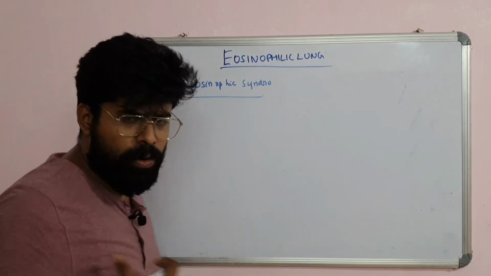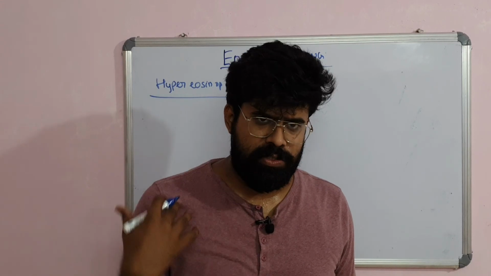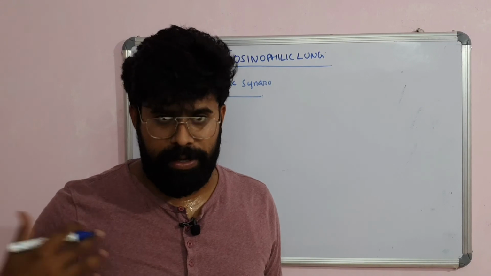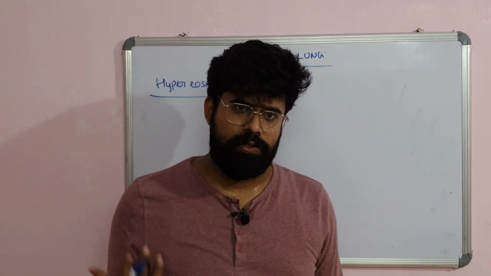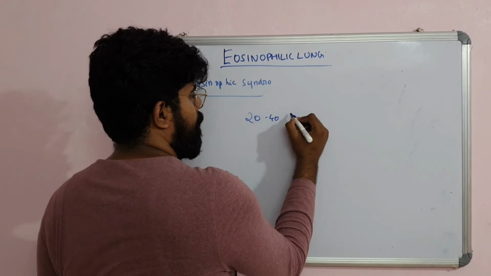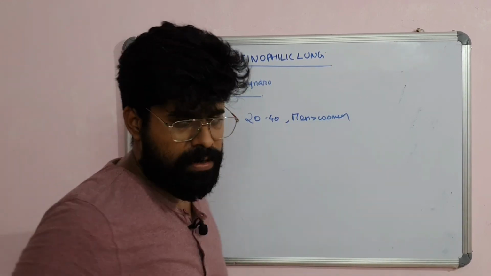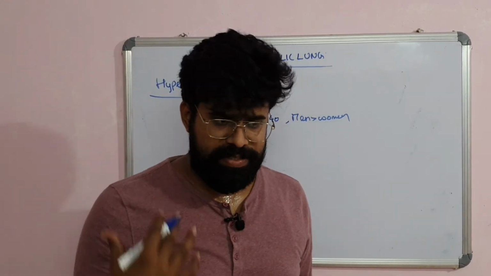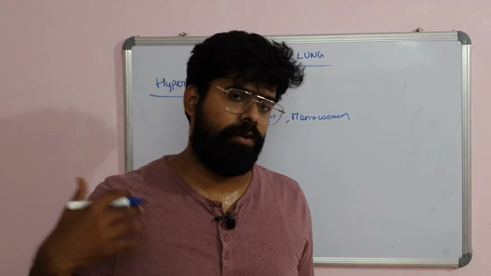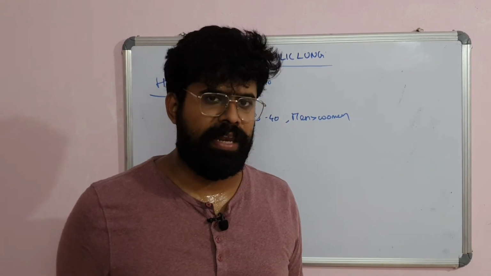For the lung manifestations, the patient can have cough, breathlessness, and eosinophilic infiltration, which can be picked up on chest X-ray or CT. It can be confirmed with BAL eosinophilia. It can also involve other organs, usually seen in 20 to 40 year olds, men more than women. Can have heart involvement in the form of restrictive cardiomyopathy or endomyocardial fibrosis. It can also involve other organs like liver, intestines, kidneys, but they are very rare.